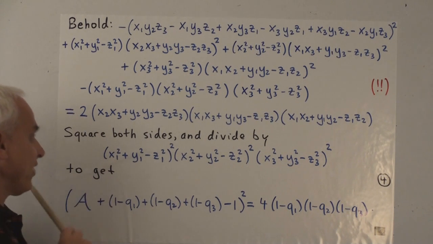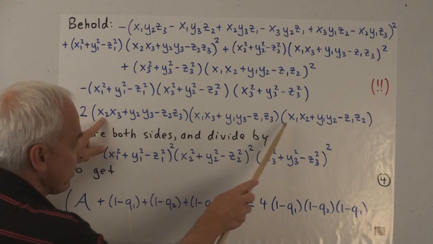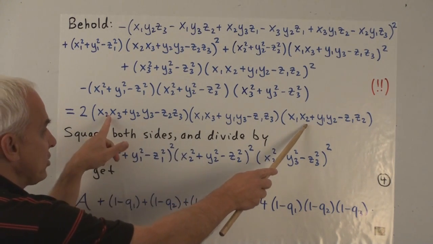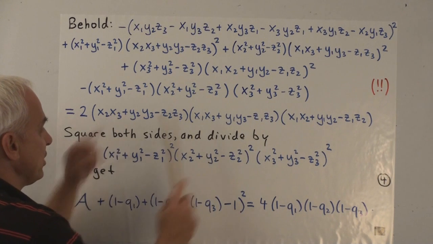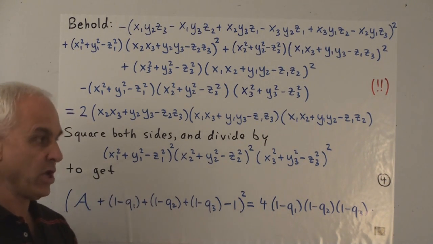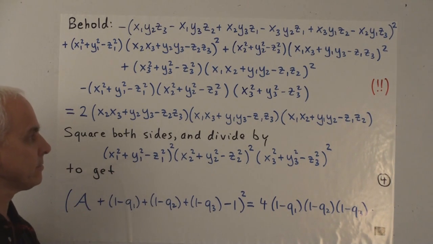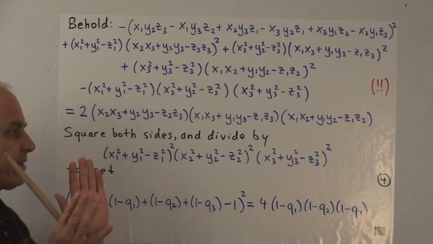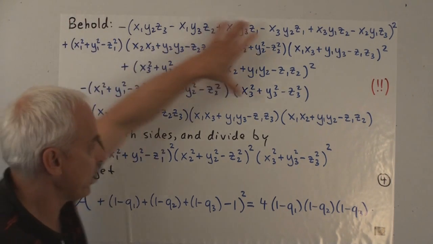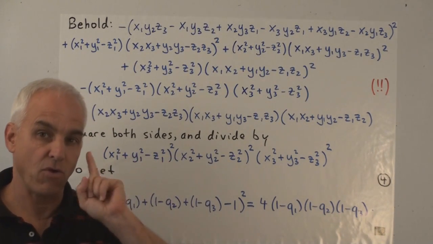So what is that exactly? That's 2 times x2, x3, x1, x3, x1, x2. All together, that's x1 squared times x2 squared times x3 squared. So x1 squared, x2 squared, x3 squared is occurring with a coefficient of 2 on the right-hand side. So you say, all right, let's look at that particular term and see where it will occur on the left-hand side. See if we also get a coefficient of 2.